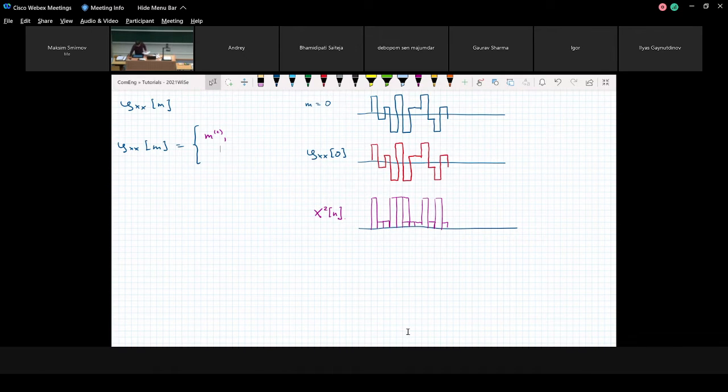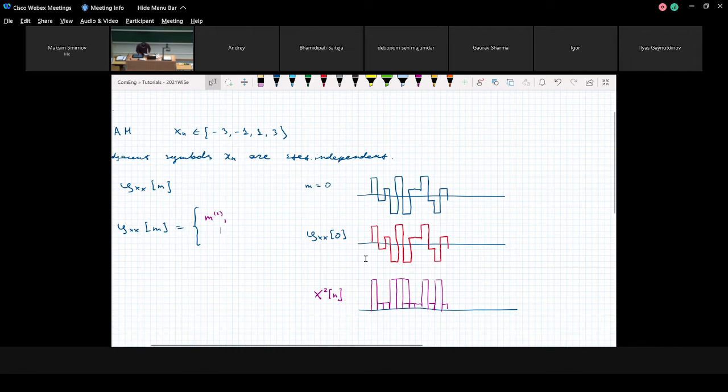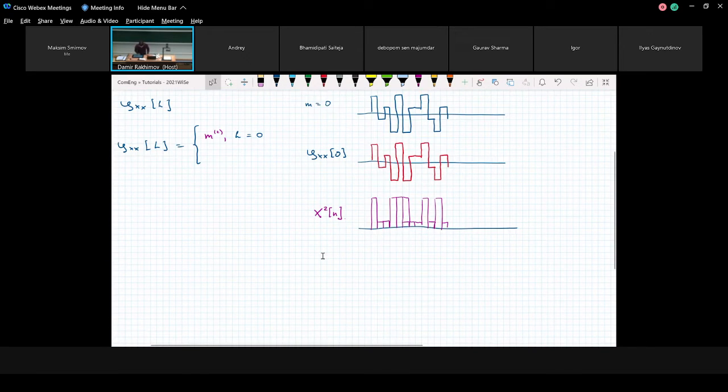Oh, let's change it to L, because otherwise it times m. L. Not a conceptual problem, but in both cases something goes. So we just say that our autocorrelation function is a function of L. L is different than small l. And then when you shift your sequence by any arbitrary number to the right or to the left,